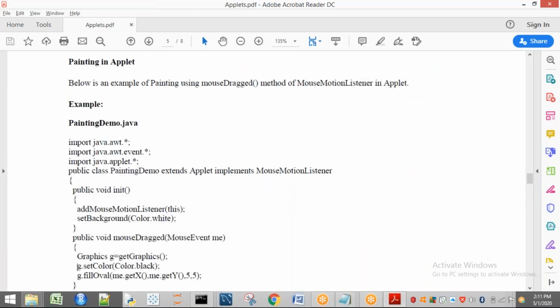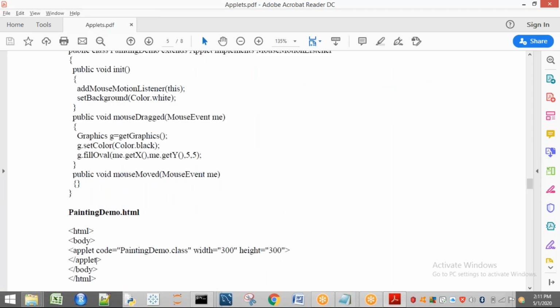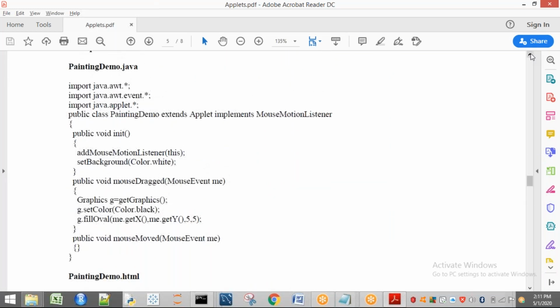All right. This is about passing parameters to an applet. And I want to show you some painting concept. Remember one thing, we can also do many things on an applet. Already we have done many things in our lab session, but also if you want to see the time on an applet, already we have seen the concept of calendar and date, some other concepts. So we can apply all those concepts on your applet.